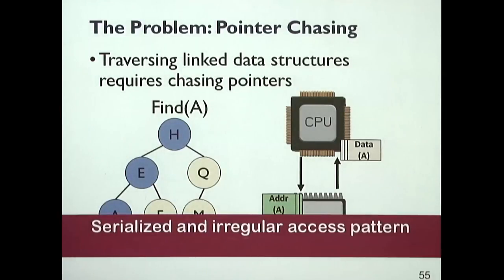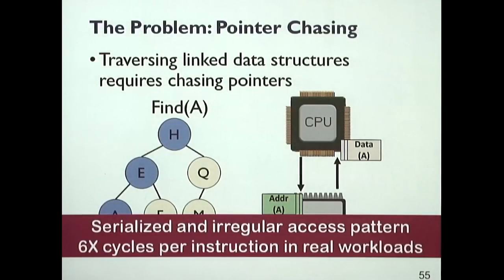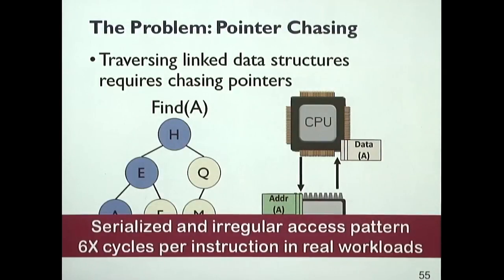One of the things is a serialized, irregular access pattern, so it's relatively random access. And it turns out that in important applications, traversing linked data structures consumes a lot more cycles per instruction than other parts of the application, about 6x cycles per instruction. That's because there is a lot of latency involved, especially if the data doesn't fit in your caches, right? If all of your linked data structure is in your caches, then you're doing these